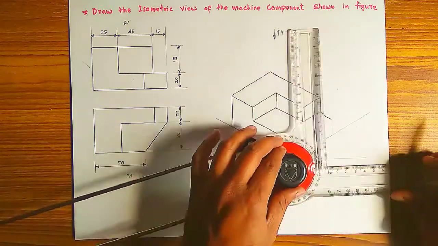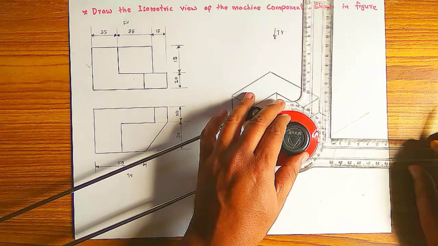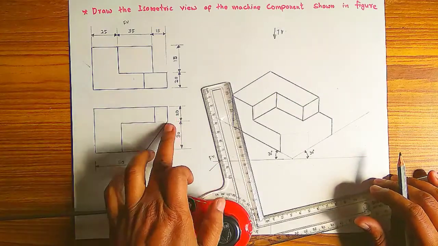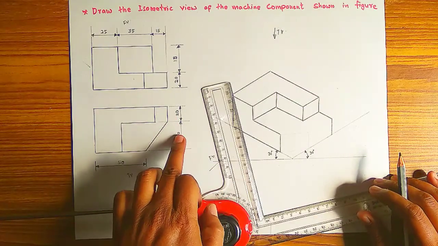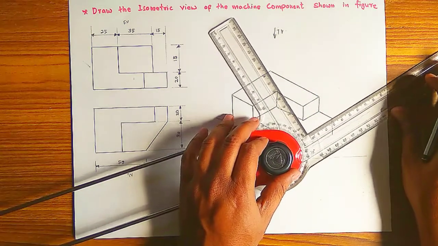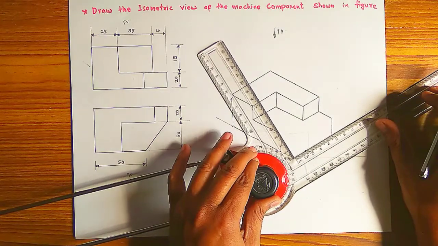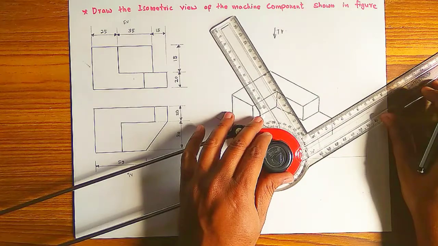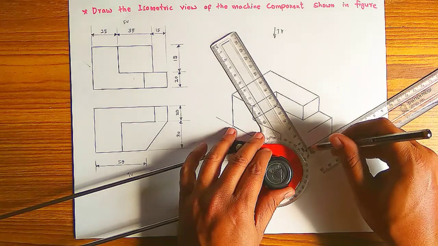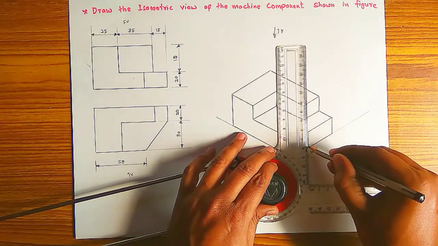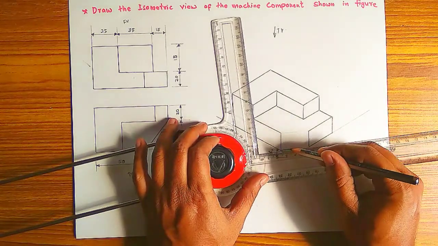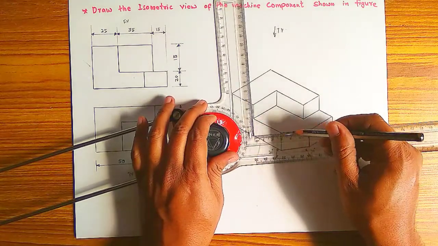That is the height, meaning we have to draw a 20 mm line. Automatically I get the 20 mm line. Then this line is 30 mm. If you see from the top, this line is 30 mm. So we have to take a 30 mm line with this angle parallel to it, like this. From here also you have to take a 30 mm line, like this, and join this. And the remaining two lines, you join them. Automatically you will get the front view, top view and isometric view.